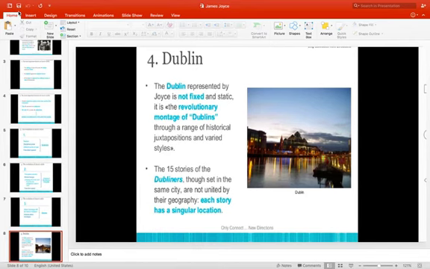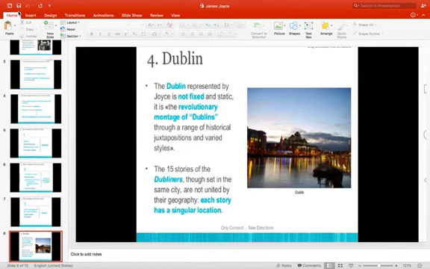Students, Dublin is also very important in the works of James Joyce. He was highly impressed by and under the control of his land and his city. The Dublin represented by Joyce is not fixed and static. It is the revolutionary montage of Dublins. Through a range of historical juxtapositions and varied styles,